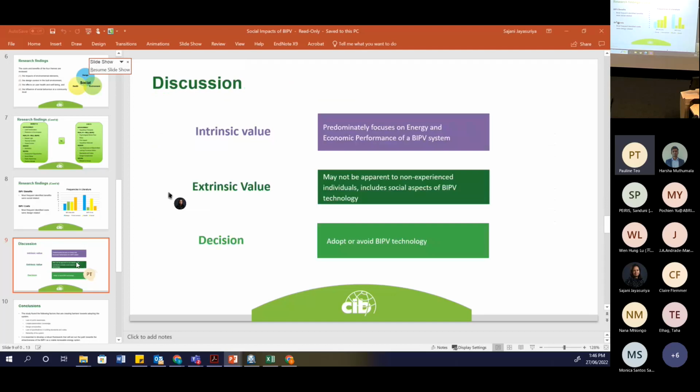So in our discussion, the majority of the literature has been strongly focusing on number crunching of the energy and economic performance of the BIPV system, and that really helps everyone to understand the benefits of using BIPV. That's the intrinsic value. And we're trying to discuss the extrinsic value of the technology. So we should not overlook